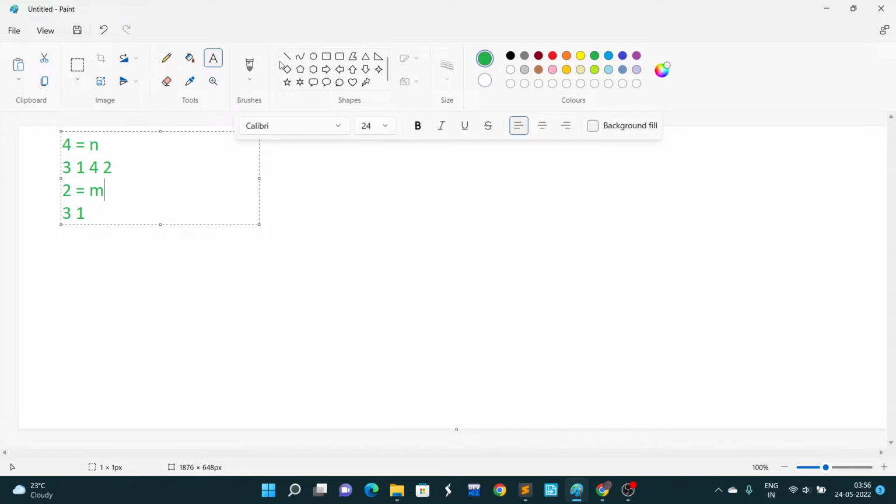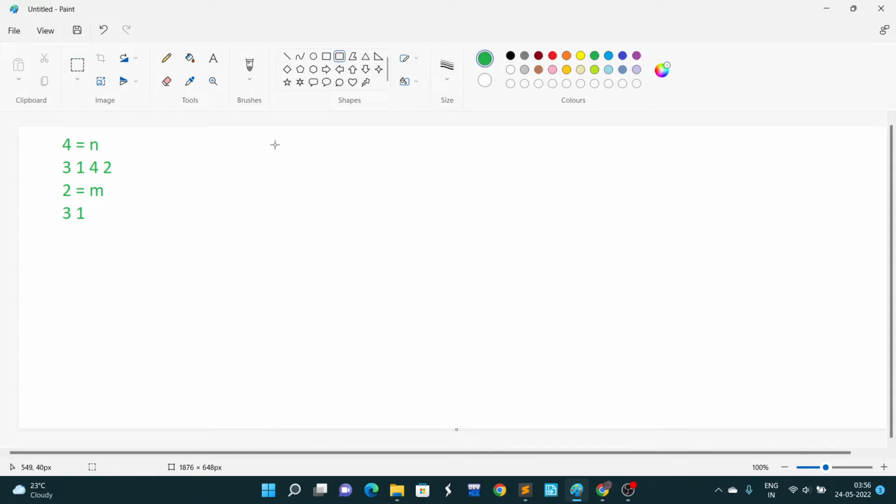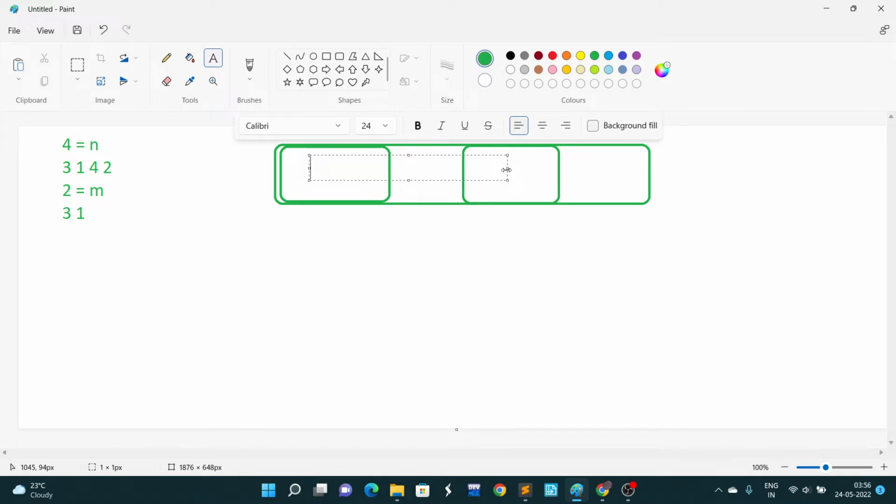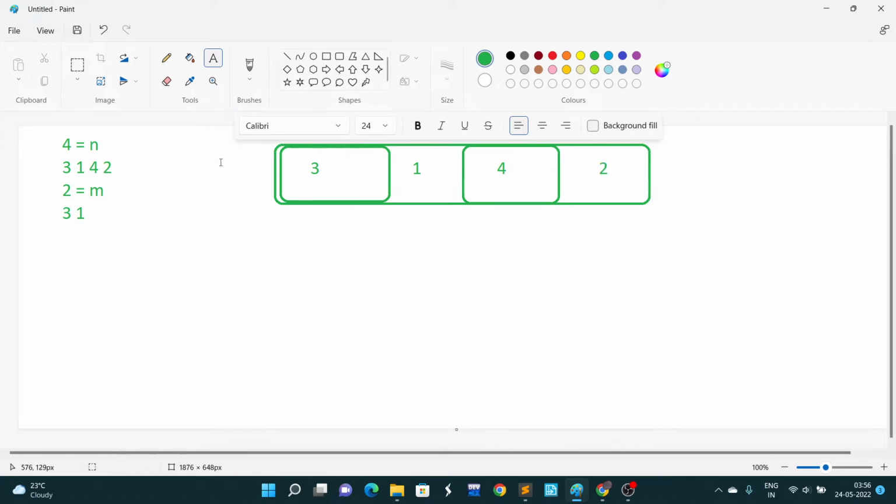Okay, so for it I will make an array. And in this we are having four elements, so one, two, and four. Okay, so the first element is 3, 4, sorry, 1, 4, and 2. Okay, so